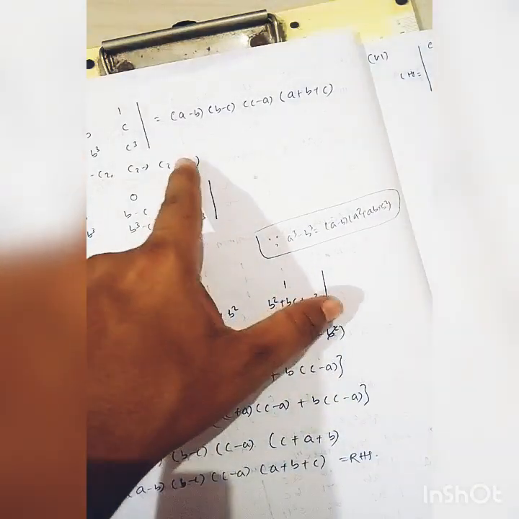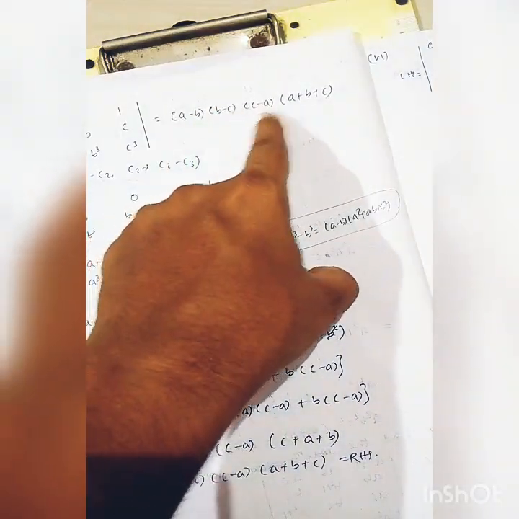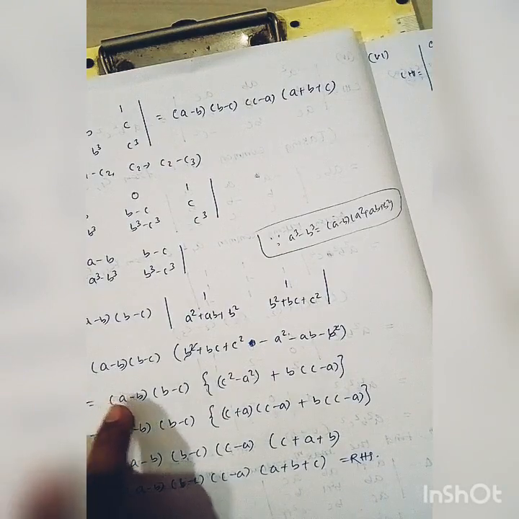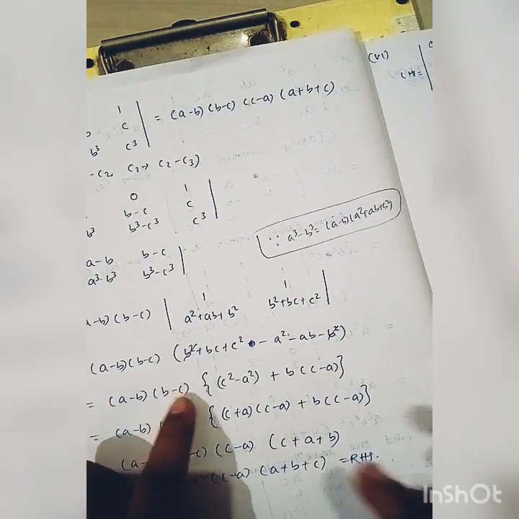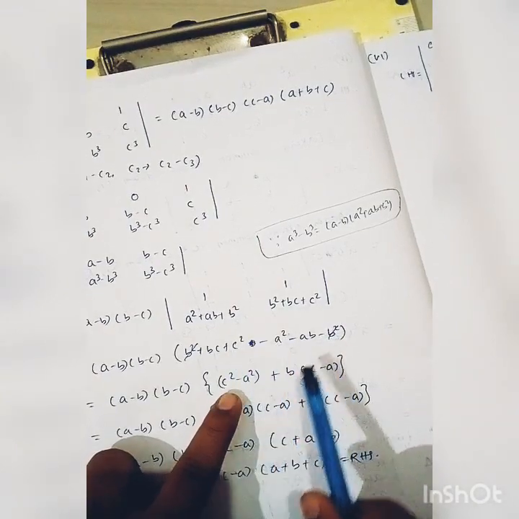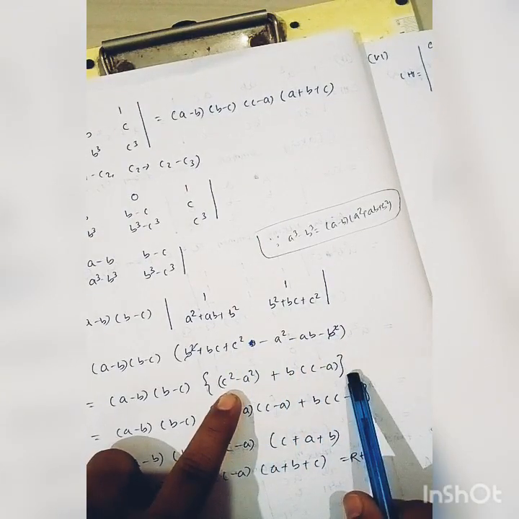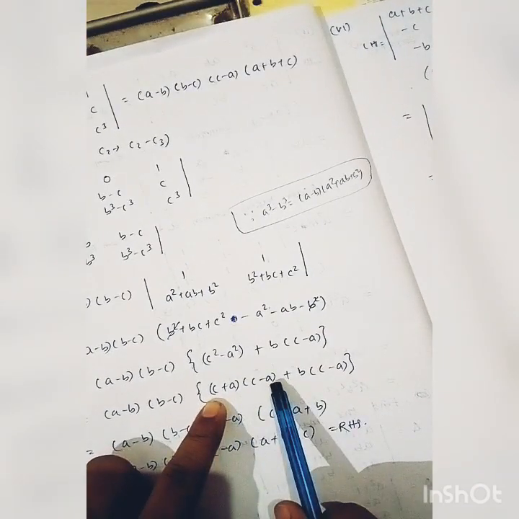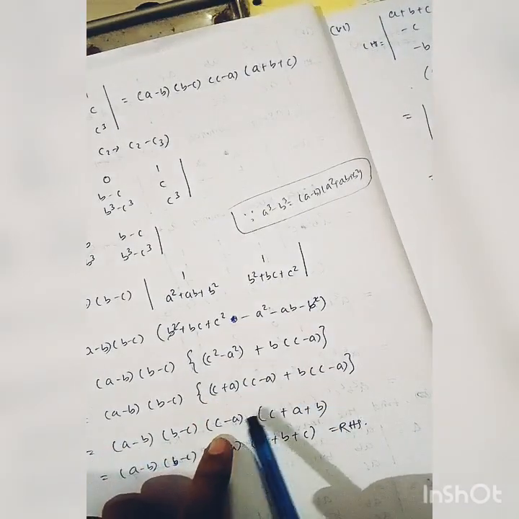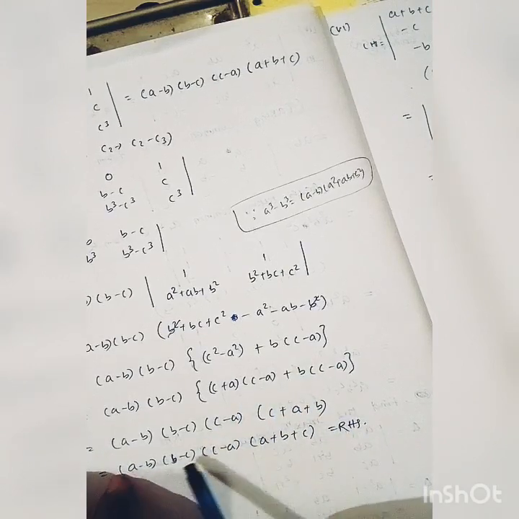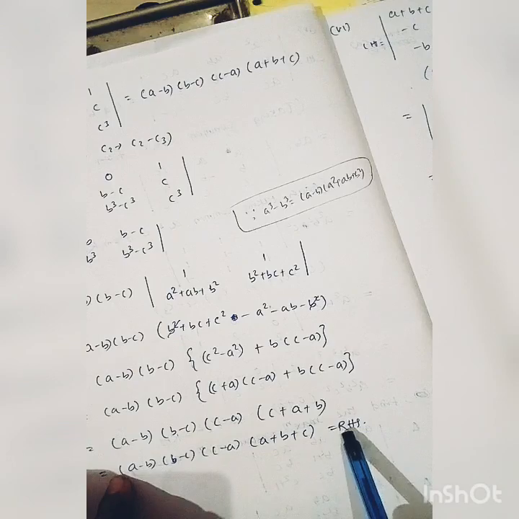But our target is to find a minus b, b minus c, c minus a, a plus b plus c. As we have already found a minus b, b minus c, now arrange c square minus a square. Again bc minus ab is b whole into c minus a. Again c square minus a square, if we factorize this, it is c plus a, c minus a. By taking common c minus a, we get c plus a plus b. Again arranging this, a minus b, b minus c, c minus a, a plus b plus c. Proved.